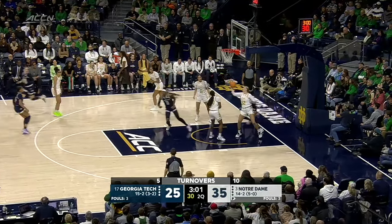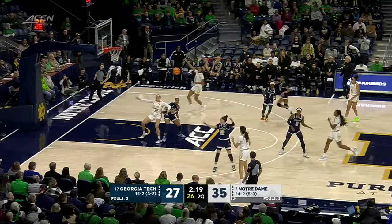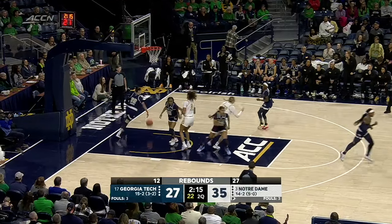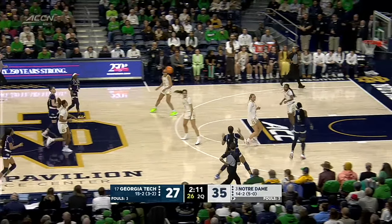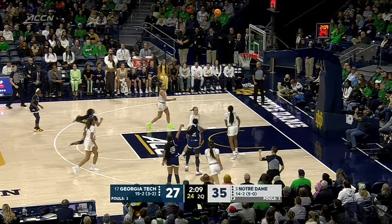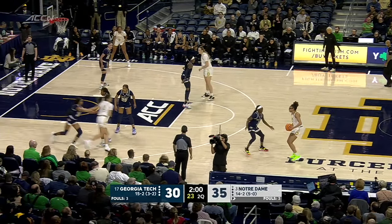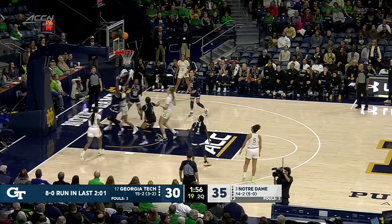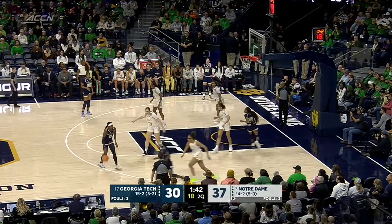Drive to the basket. How about that? Critical. Citron finding Carlin. From the outside, and you can tell that Dunn, as she posed, felt that one was going in. Closest they have been since early in the first quarter. That's a good person to go to. King. Now,